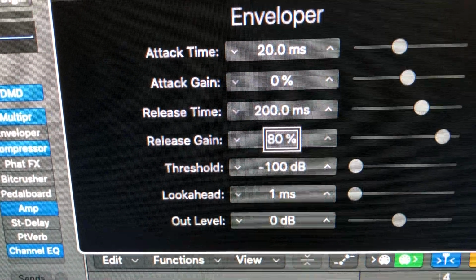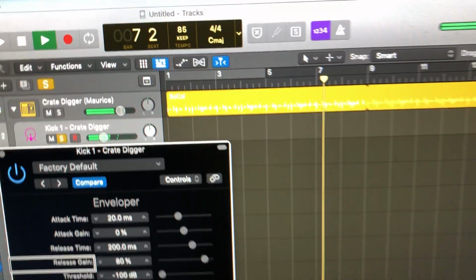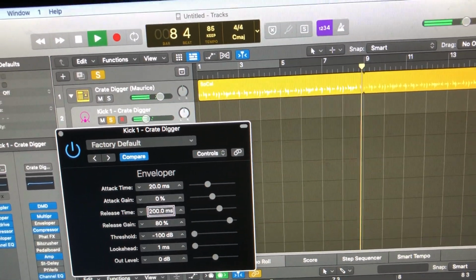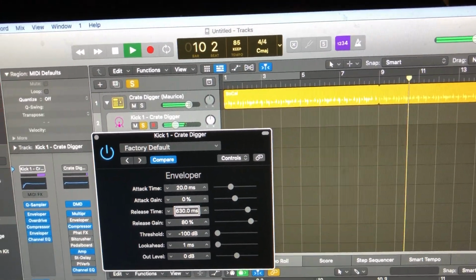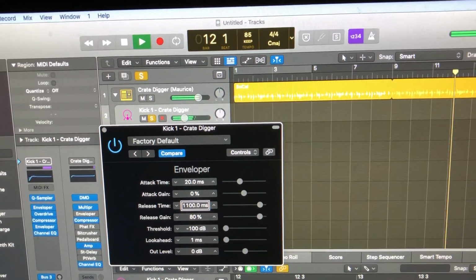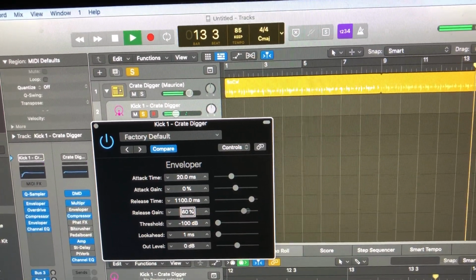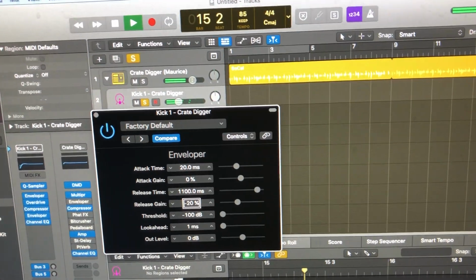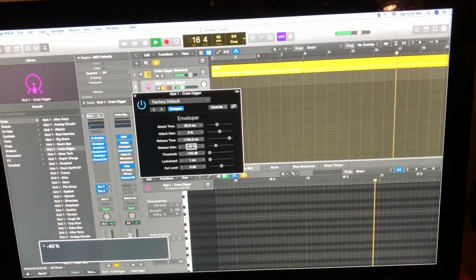Okay, so it looks like we actually have to increase the release time so that it catches that sort of big decay at the bottom of the kick. So 600, there we go. See, now you can probably tell it's accentuating it more. 1100. There we go. Now, if I actually were to take it back, there we go. Now it's a little more tight. There you go. So if we unsolo it,